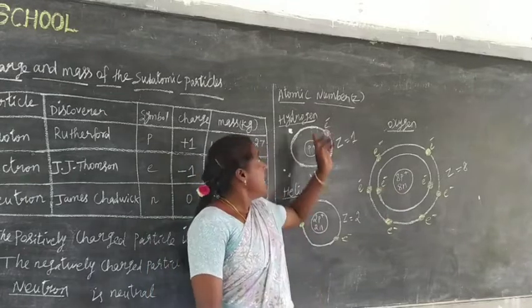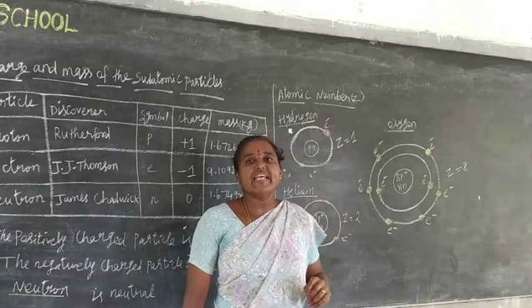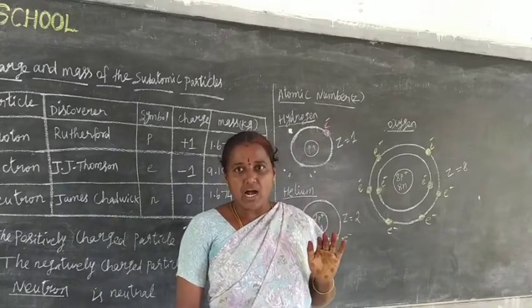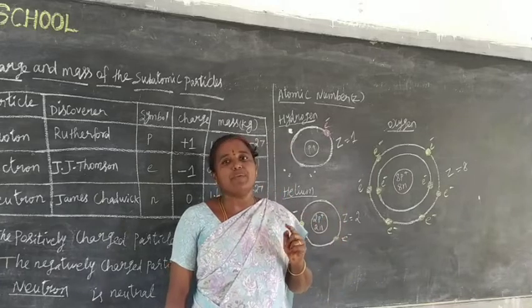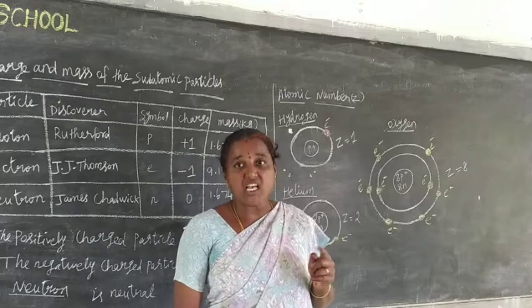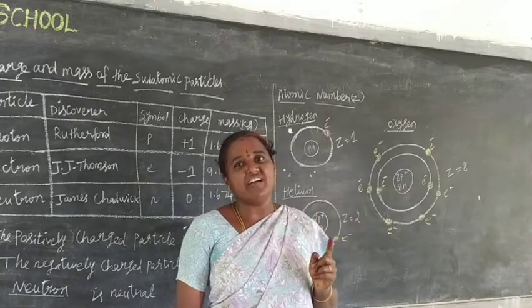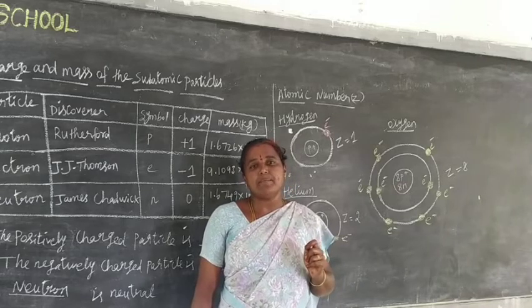Next we will see atomic number. Do you know what is atomic number? The number of electrons or protons in an atom is called atomic number. It is represented by the letter